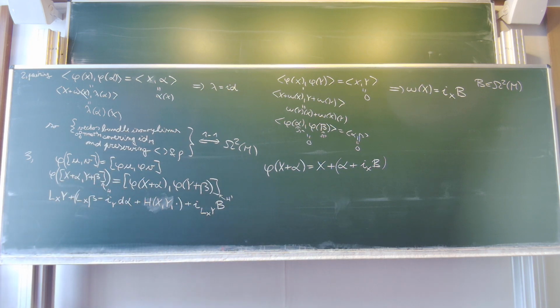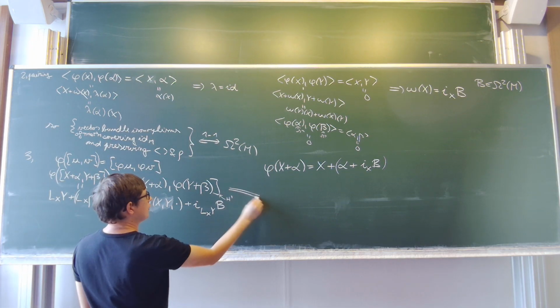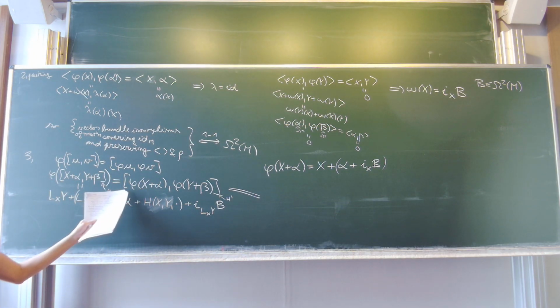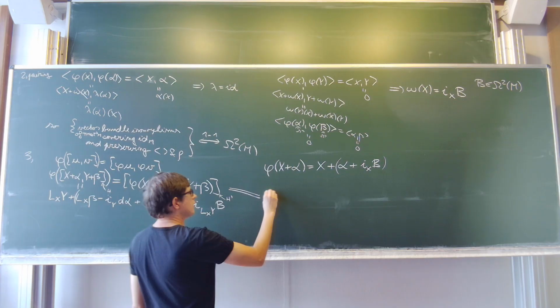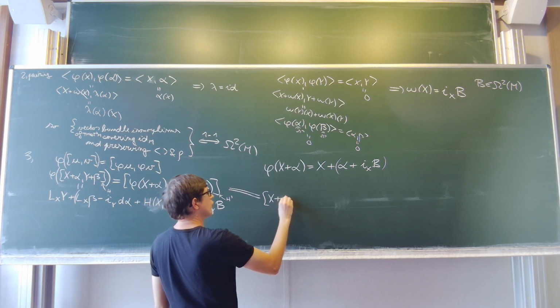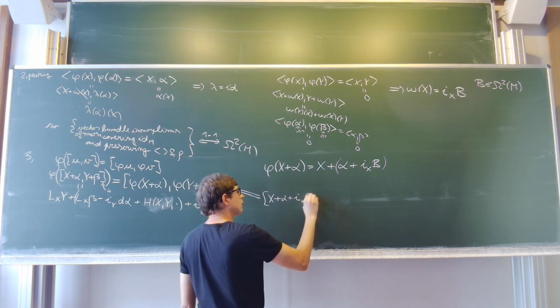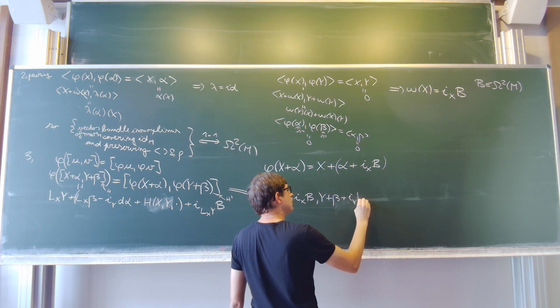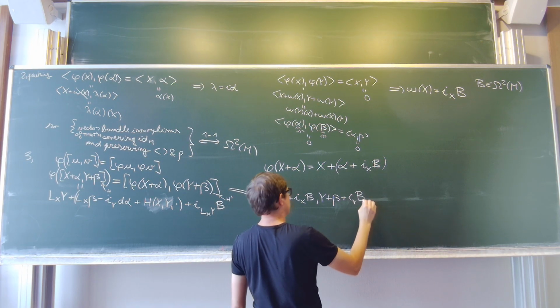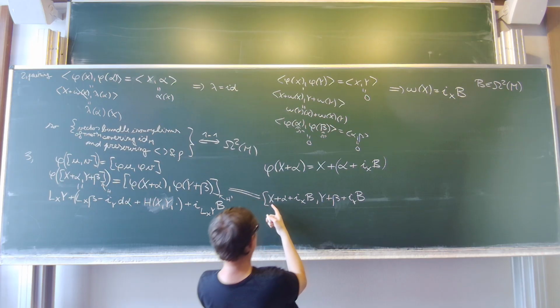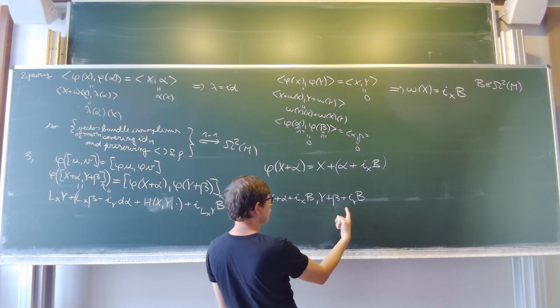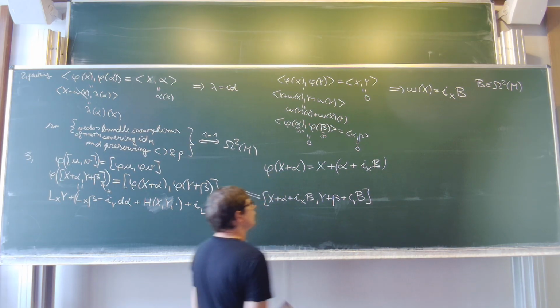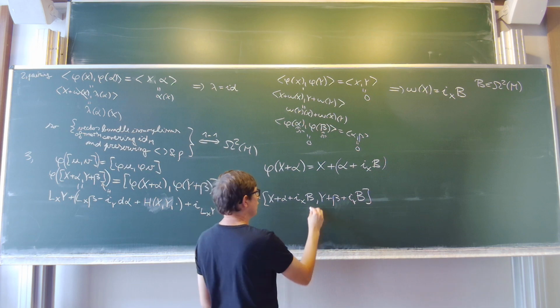So that's the left hand side. Now what is the right hand side? The right hand side is really x plus alpha plus i_x beta, and y plus beta plus i_y b, bracket of x alpha, y beta. And the bracket of that is